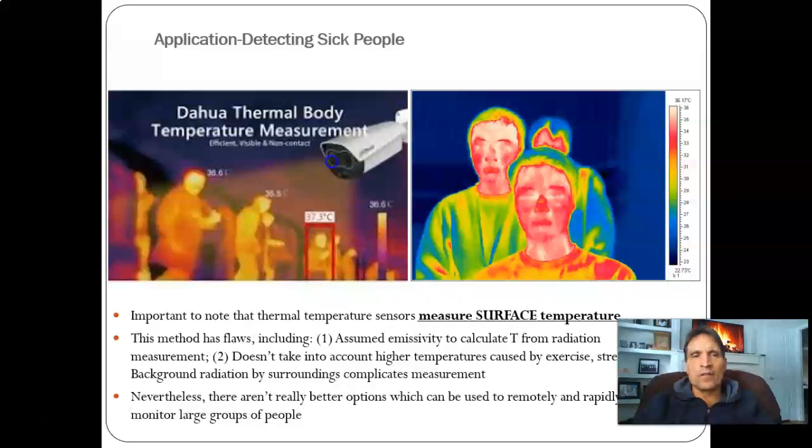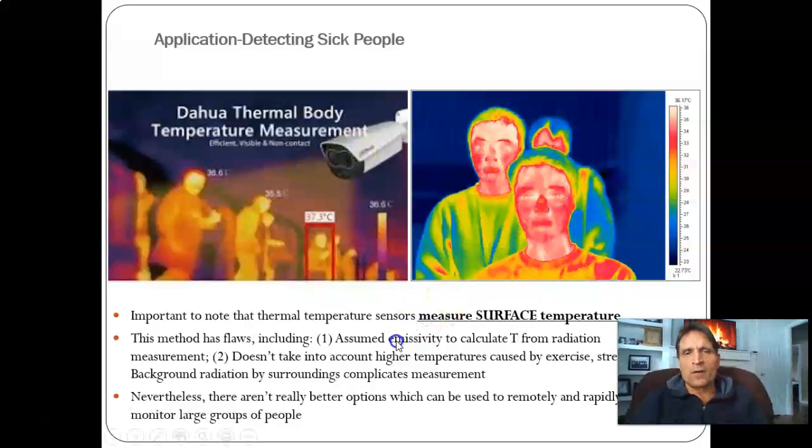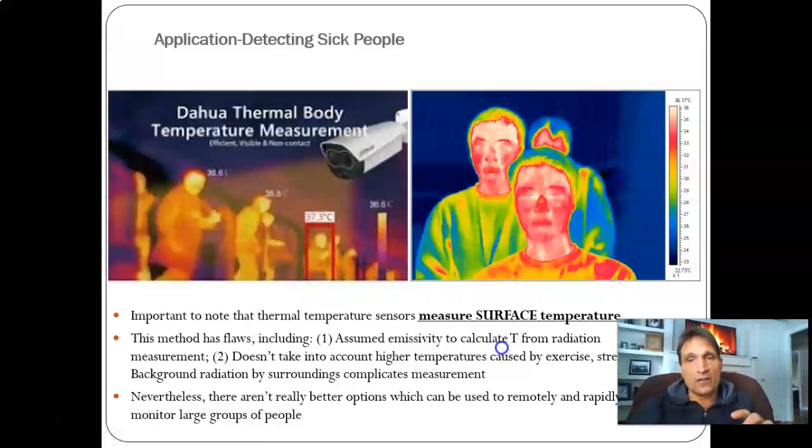So this method is being used all over right now with COVID. It does have a few potential flaws. We talked about the first one already. Remember, it makes some assumption of emissivity to calculate temperature from radiation. And so different surface colors could deviate slightly from an assumed emissivity, and you can get small errors in the